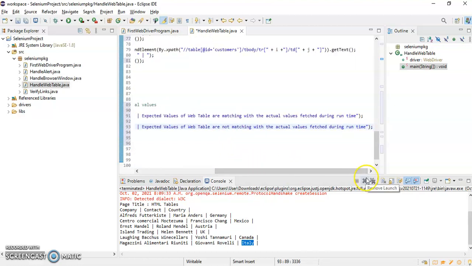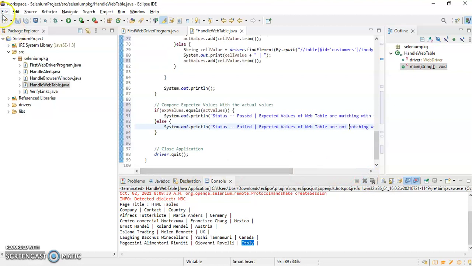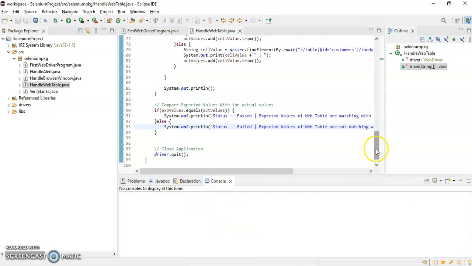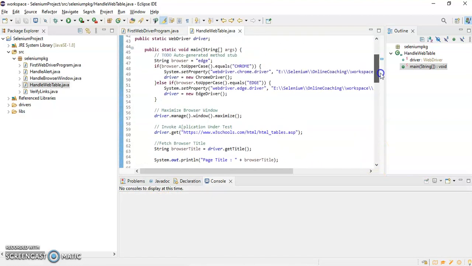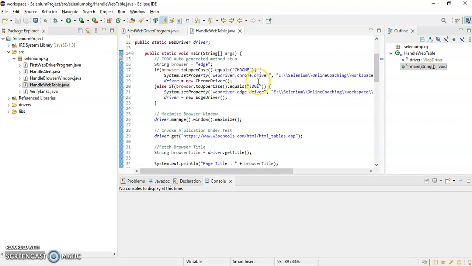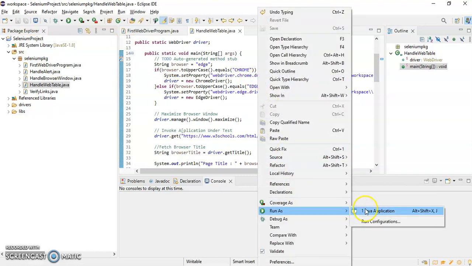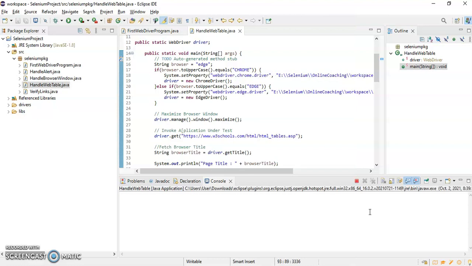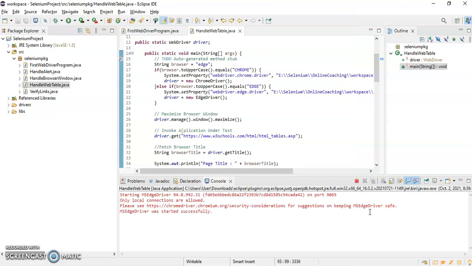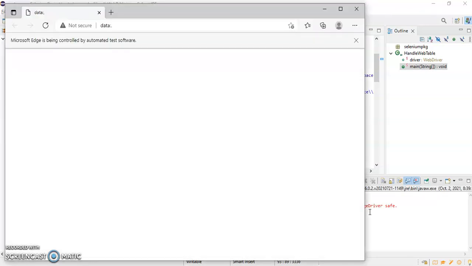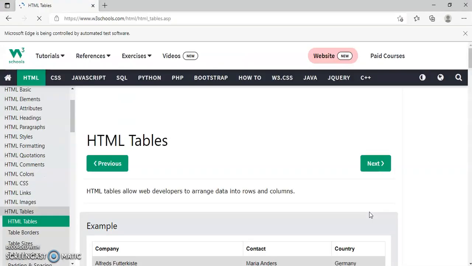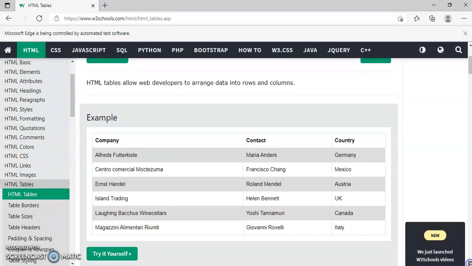Okay, so let's run this once again. I'll clear this test result, and let's run this. It's going to open the MS Edge browser and it has invoked my application under test. If you see, this is the web table.